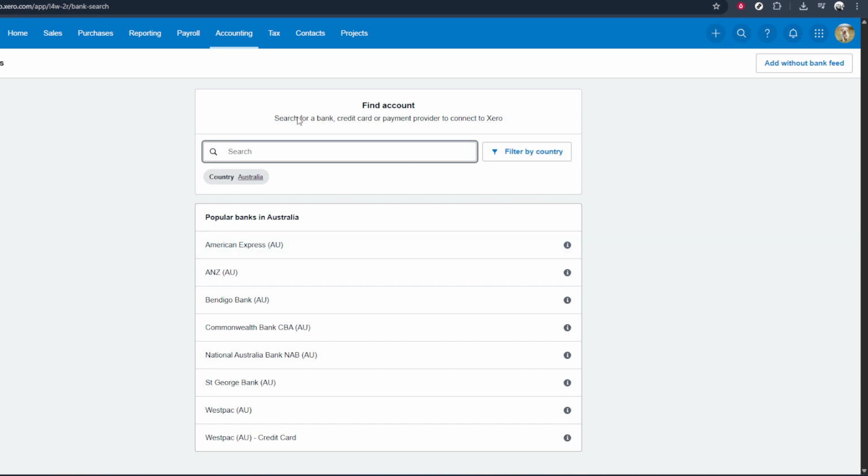If a direct connection isn't available for your bank, Xero might ask you to set up a manual account instead. In that case, you'll enter details like the account name you want to use in Xero, the account type, and the last 4 digits of the account number. Use clear names such as business checking or savings so it's easy to identify later. Work through each step on screen, review the details before confirming, and then save. Once you're done, your new bank account will appear on the Bank Accounts page, ready for you to start